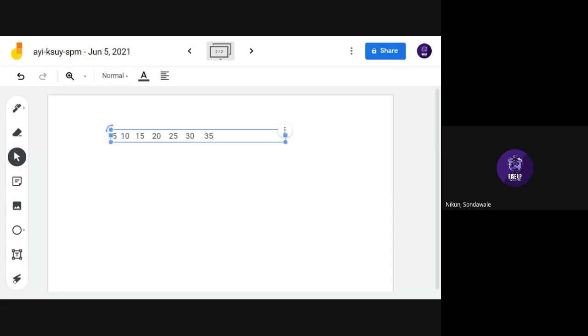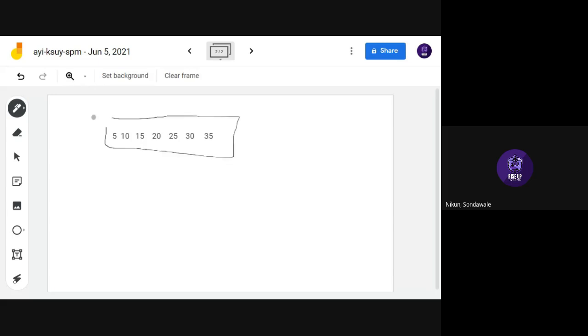So let's say I have this array. First, let me keep it inside of the block. Please don't mind my drawing.